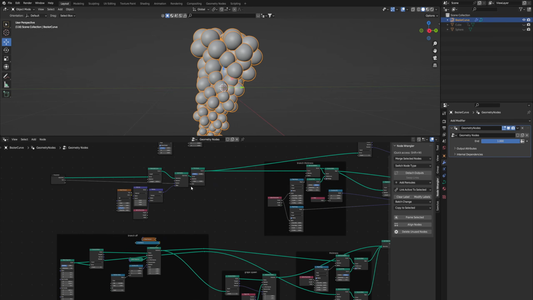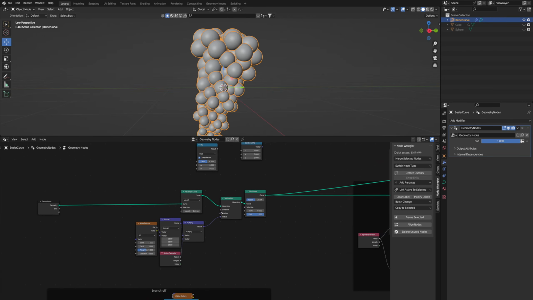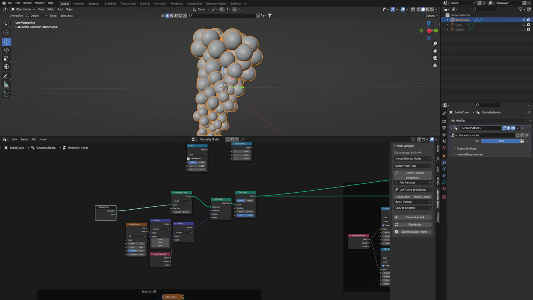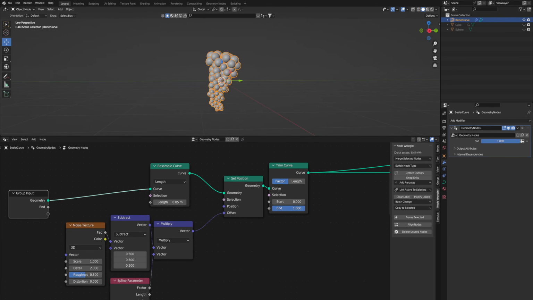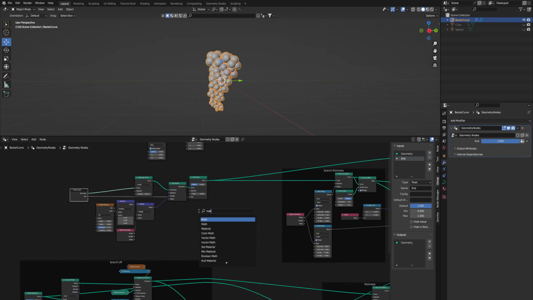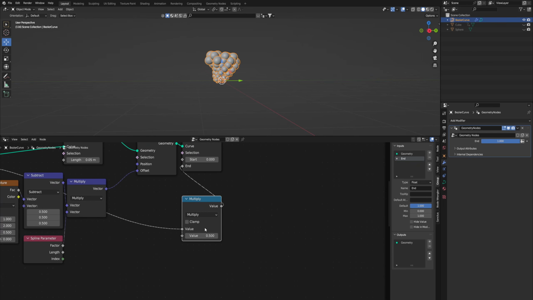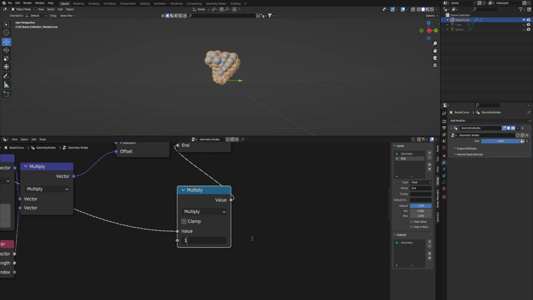So an easy way for animating these values would be using this group input node. If you have some value that you want to animate, like the end value or the scale, I'll show you in a second, just drag it over to the group input here and add a math node and set it to multiply. You just drag it in between those and set this bottom value for the multiply to 1. It'll set it back to the original. So now if you change this value, it'll grow it, but it only grows the length.